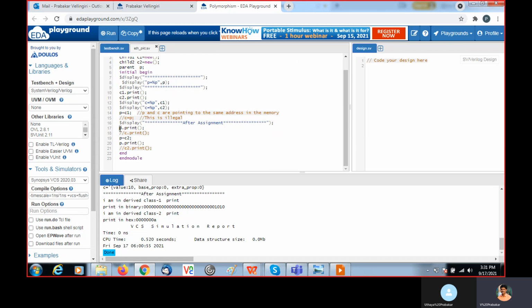So here also I am using P dot print, and here also I am using P dot print. So we are displaying in different formats, right? So during the runtime we can decide which one to choose. Same thing I am using, but it is displayed in a different way.